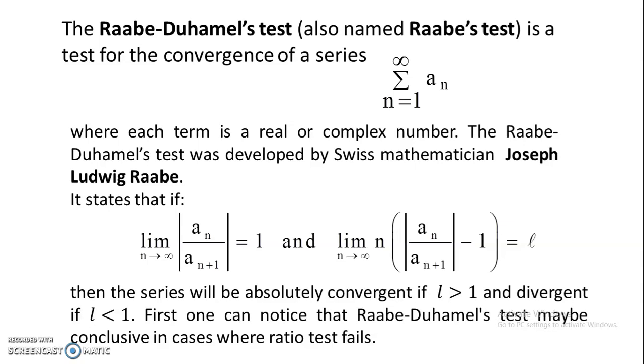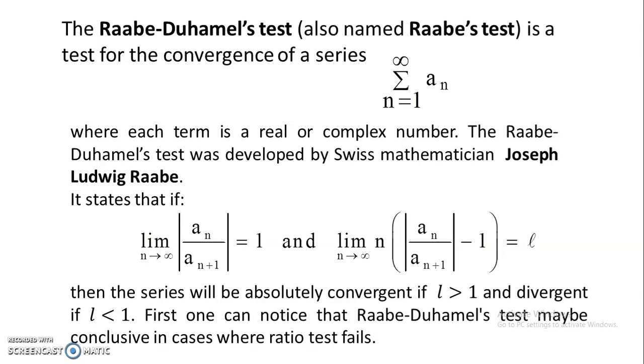The Raabe-Duhamel's test, which is also named Raabe's test, is a test for the convergence of the infinite series Σ aₙ, where each term is a real or complex number. Raabe's test was developed by the Swiss mathematician Joseph Ludwig Raabe in